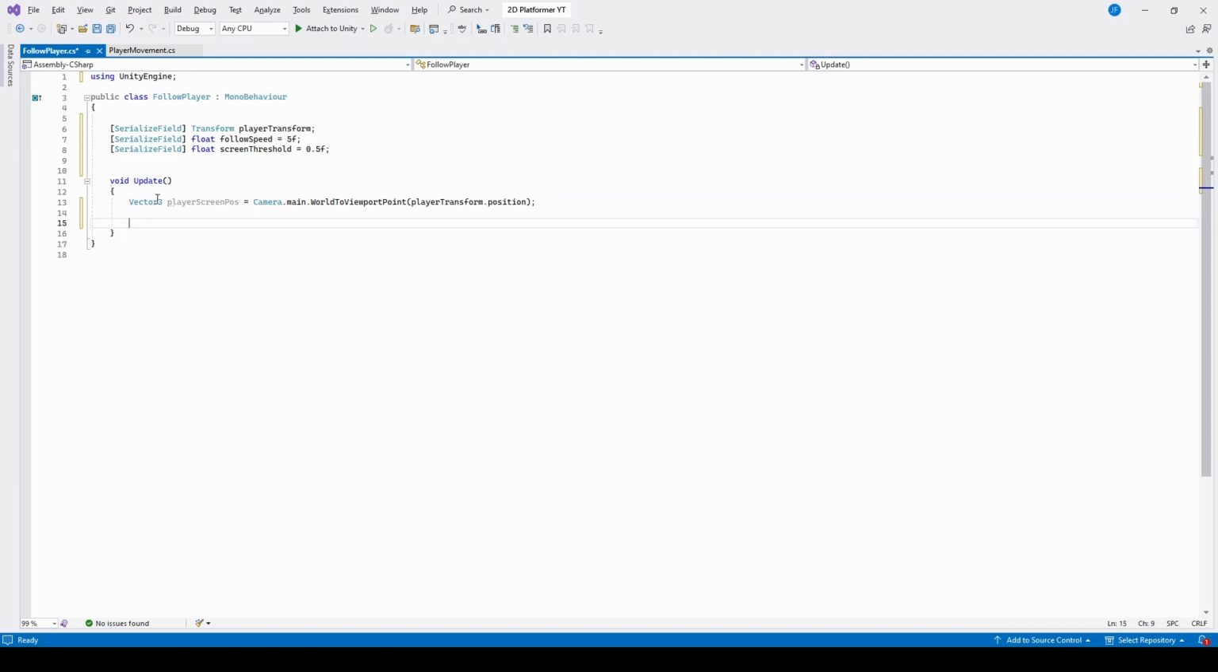And then now we're going to need to set up an if statement here, and this if statement is going to check if the player is moving to the right and if they are past the halfway mark on the screen. So we'll say if the playerScreenPos.x is greater than our screenThreshold that we set, and the playerTransform.position.x again is greater than transform.position.x. So that's saying if the player is moving to the right and they're past the halfway mark on the screen,